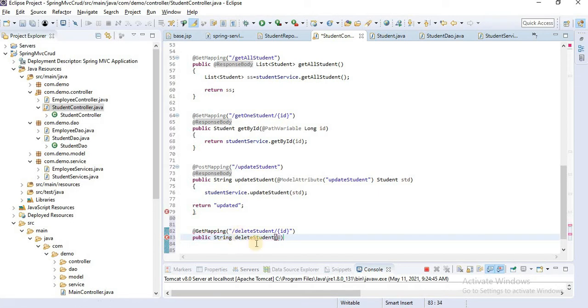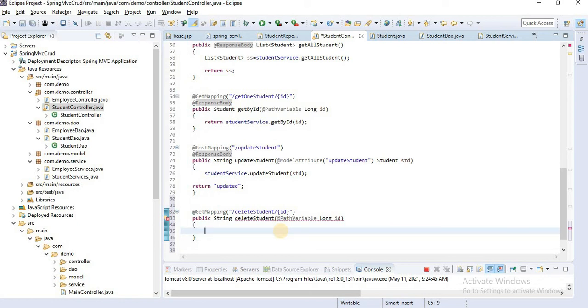Here we are getting data from the URL, not from the UI. That's why we use a PathVariable. The type should be Long and id.